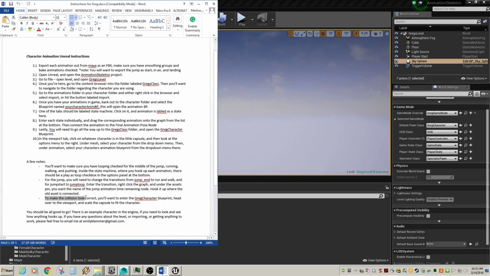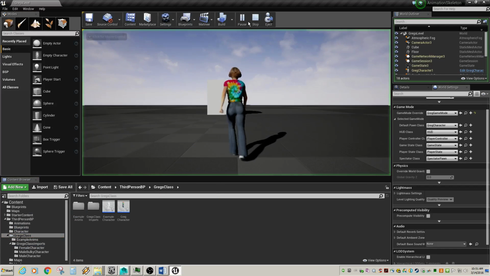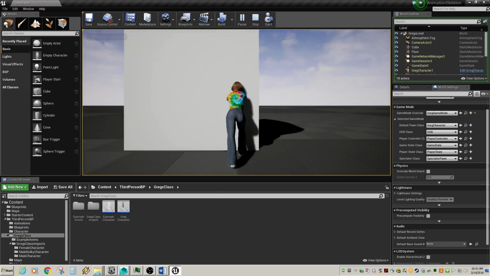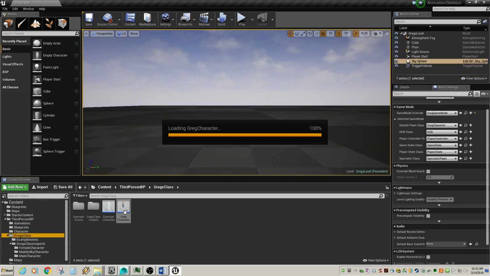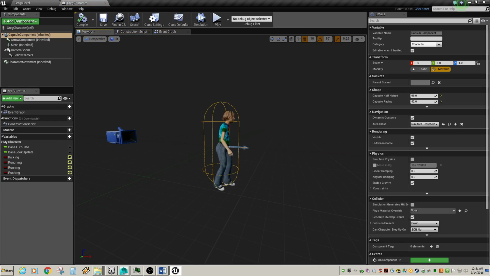And then to make the collision look correct, you'll want to enter the Greg character blueprint, head over to the viewport, and scale the capsule to fit the character. So let me show you what she's talking about there. If I walk up to my box here, my arms go through it, right? And so what we have to do there is go to Greg character, viewport, and we need to scale this capsule,